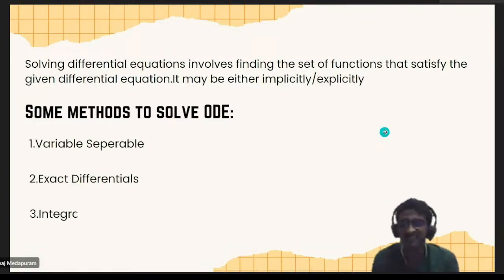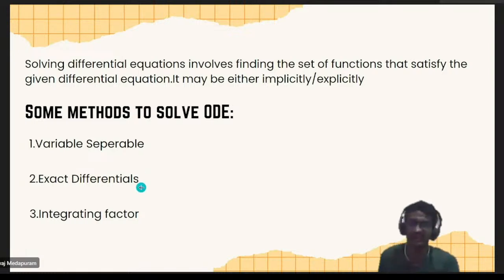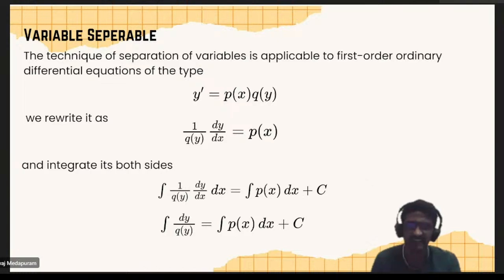We have these classical methods of solving differential equations. We have variable separable, which I think most of you have known or heard about. It's okay if you don't. And we have exact differentials. We have integrating factor also. So these two types are actually related. So make sure that you listen to exact differentials carefully before moving to integrating factor, because we use that technique in integrating factor. We have the first type, variable separable, which is the most fundamental and easiest form of solving